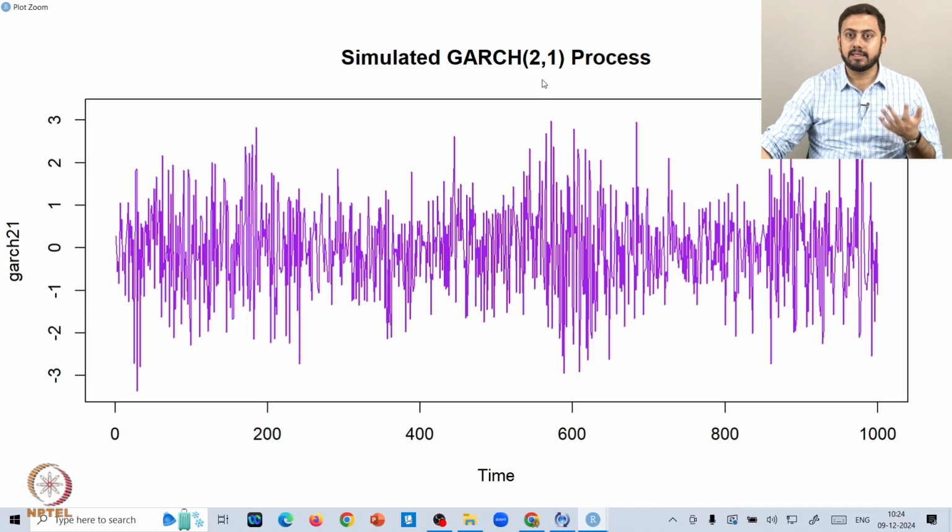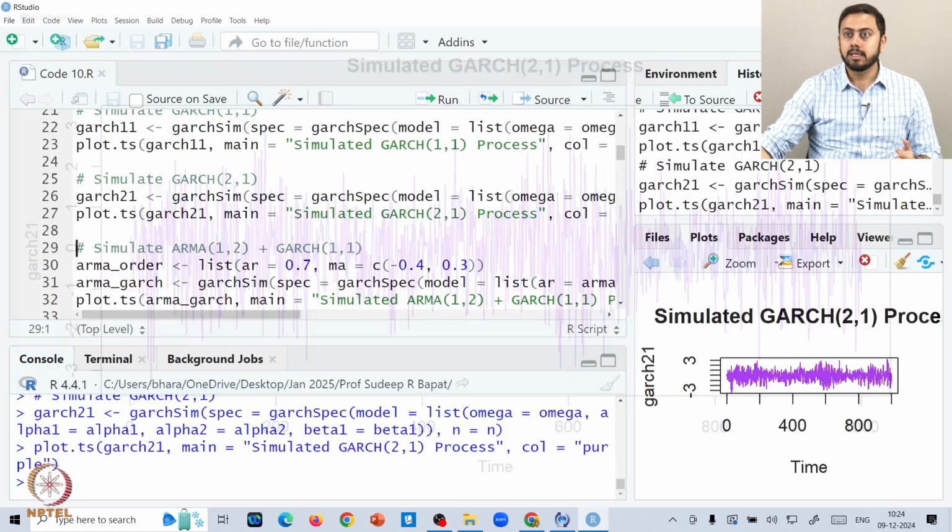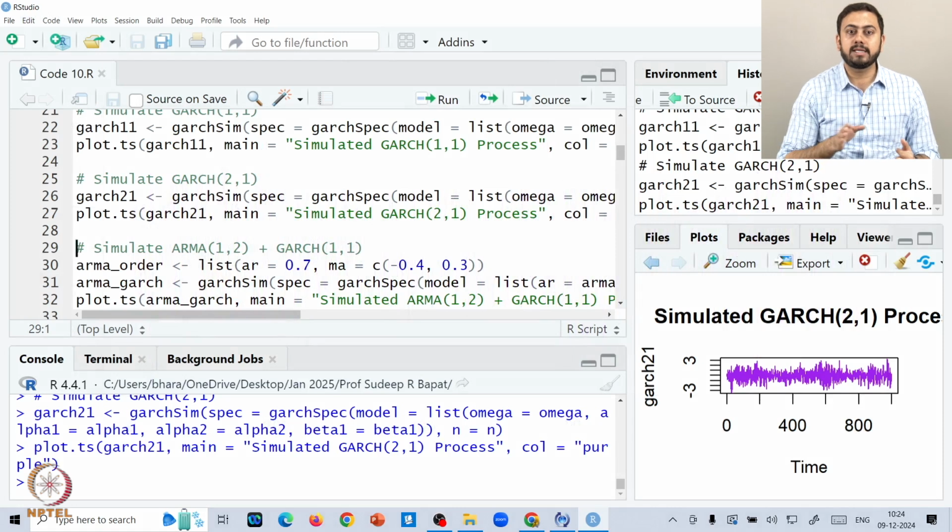So again, this is a simulated exercise, but how do you compare between processes? Tomorrow if somebody asks you what exactly is the difference between, let's say, ARCH 1 and GARCH 2.1, this exactly should be the answer. Alright, so now the next data is slightly different, and if you are not very confident about its model structure, we have covered this in the very last lecture itself.